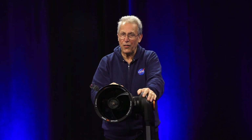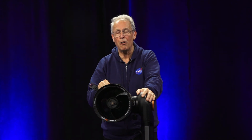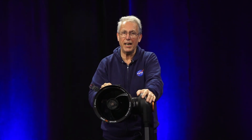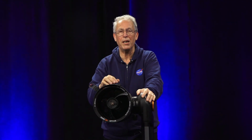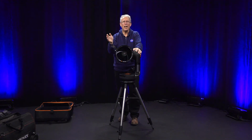The critical thing is get the finder scope aligned with the main scope and practice during the day. Don't take it out for the first time at night. You'll just waste your time. Set it up during the day, get it aligned during the day. And do it a few times so that when you go out at night, you won't do anything other than